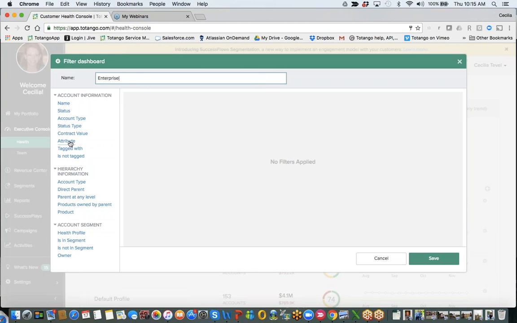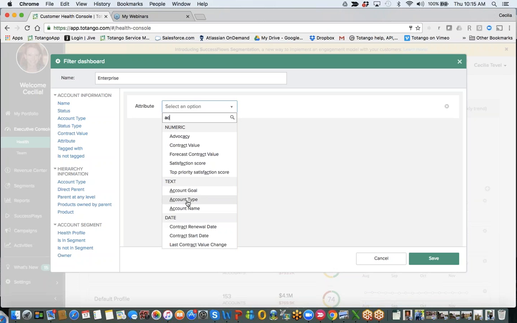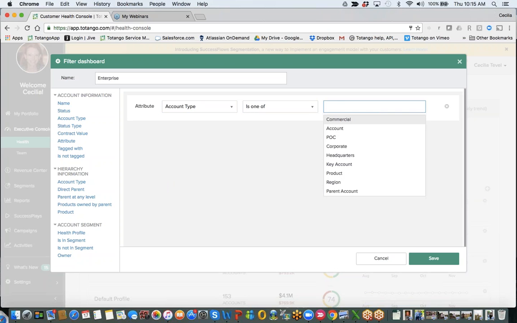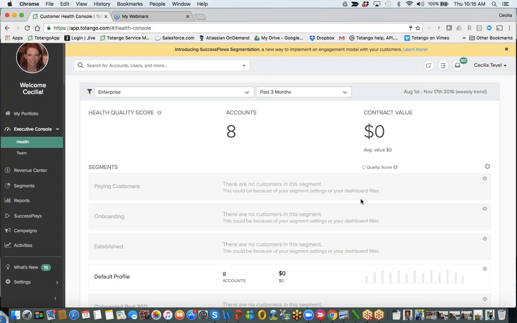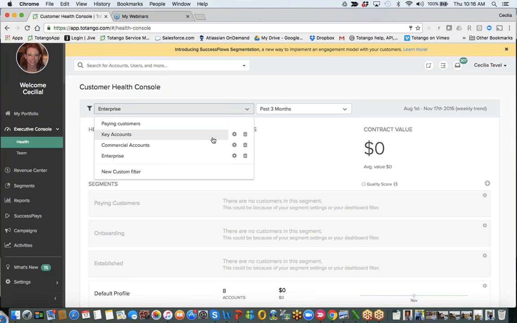And from here, you'll simply select the specific attribute that tells us what type of account it is. So maybe it's by account type, and then you'll simply select the right account type. So if you have enterprise, you'll just simply select it. So for example, let's assume that our enterprises are corporate, and then I save. And then what will happen, once I have the customers in that particular segment, all of my other segments below will align to it. So I don't have anybody in corporate, but if I go to my key accounts,